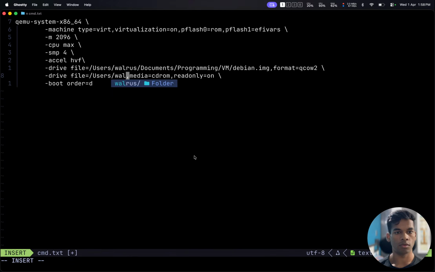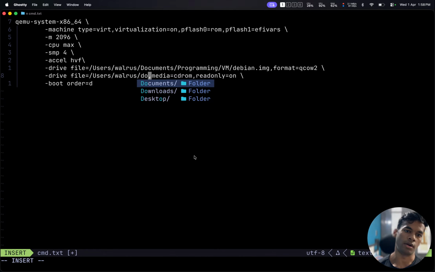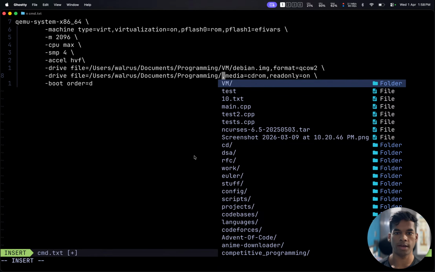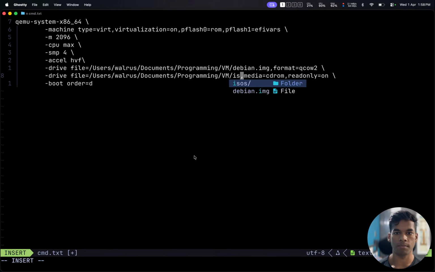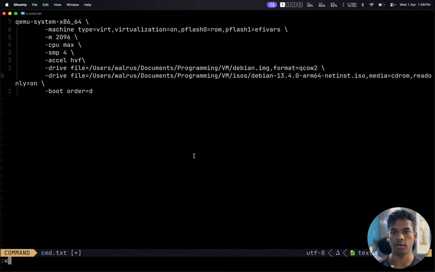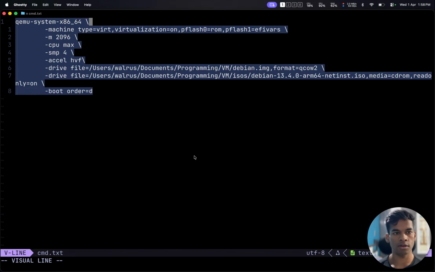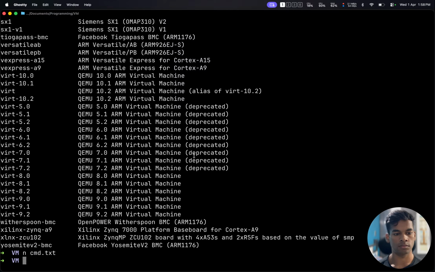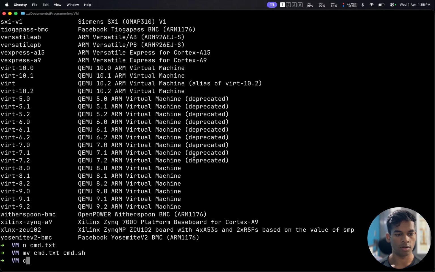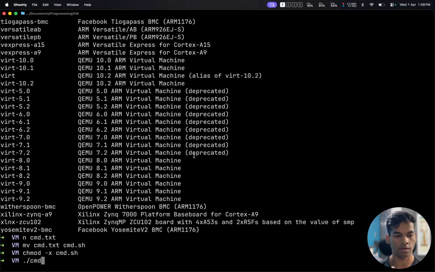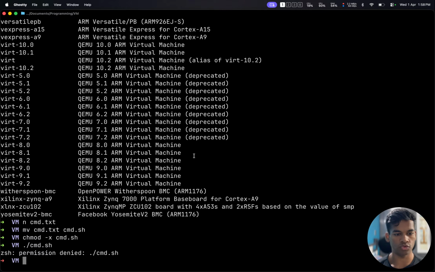Users, walrus, Documents, programming, VM, ISOs, Debian. Cool. This is the CD-ROM. I guess that is enough. And chmod x for this thing. Then